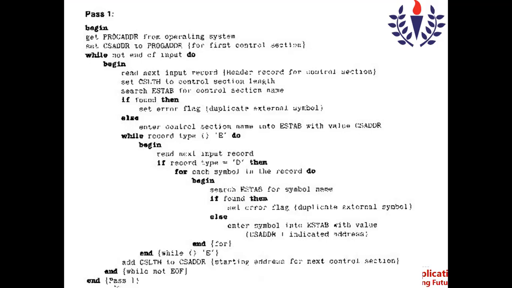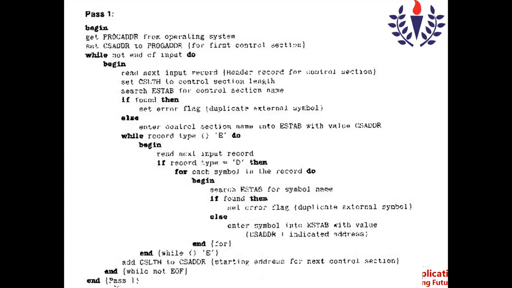Now, the next step is search ESTAB for control section name. So from the header record, you would know the name of the program. Say, for example, we have program A, program B, and program C. The first program is program A. So what is the name of the program? Obviously, program A. So you could see in the ESTAB, we get the entry for program A with the control section address and the control section length.